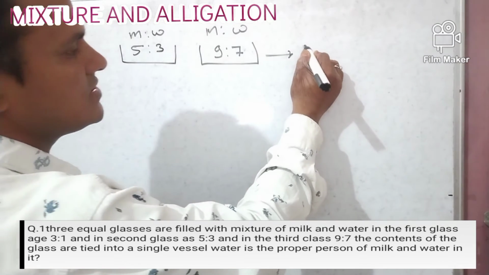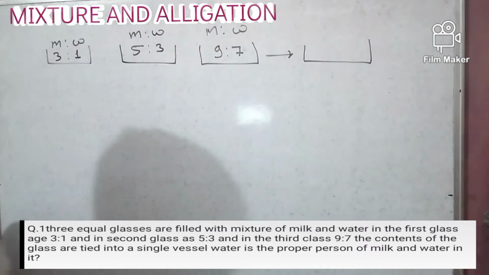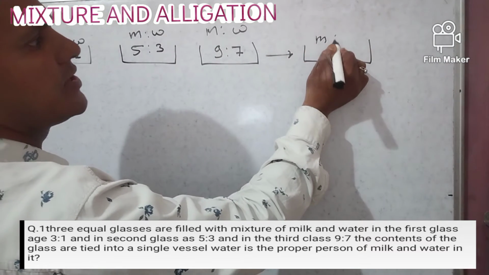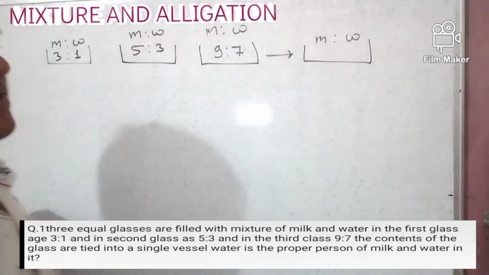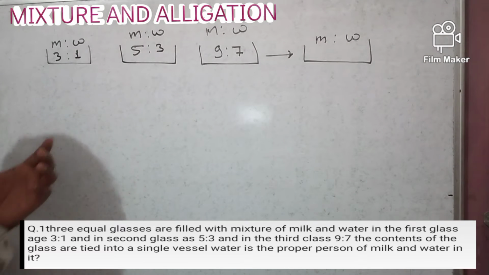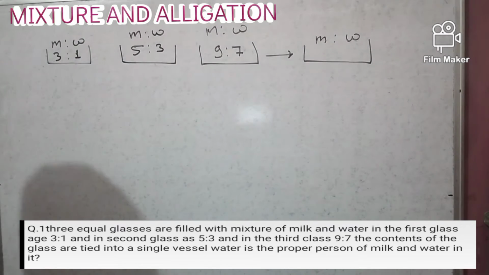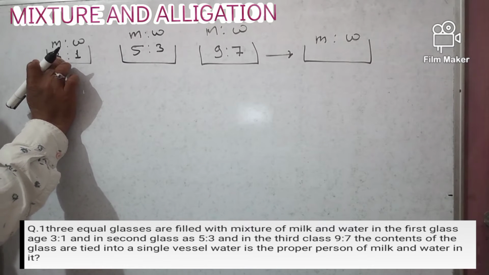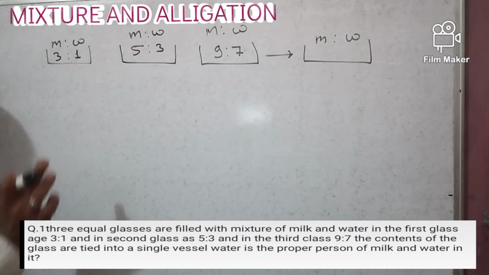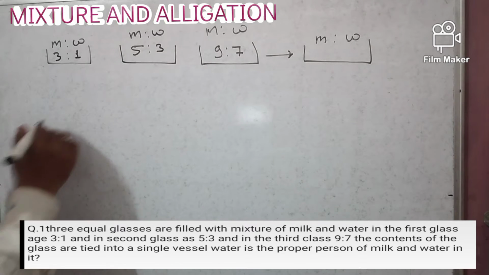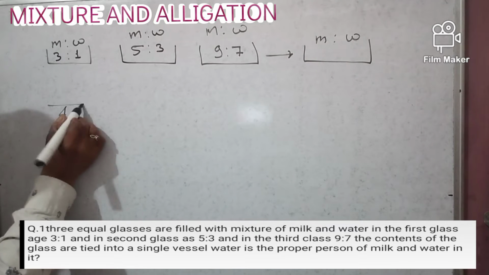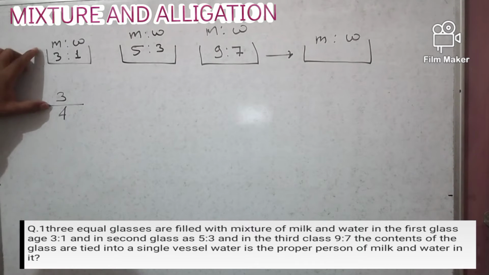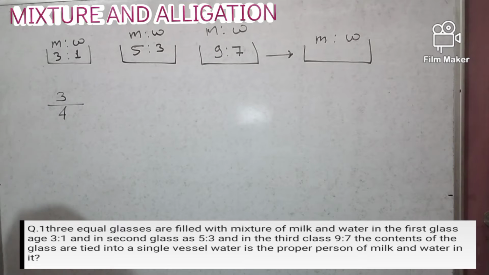So after mixing, what is the ratio of milk and water? Our target is to find the milk and water after mixing these 3 glasses. So now see here, milk is 3 parts in the first glass and water is 1 part. So the total is 4 parts. Out of 4, milk is 3 parts in the first glass,